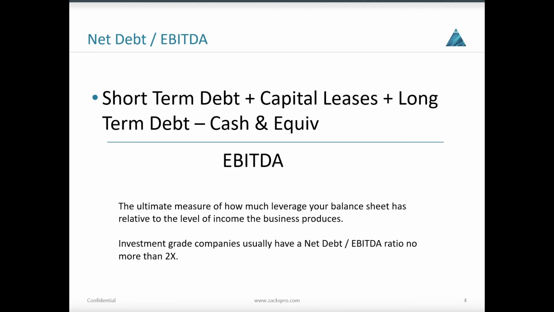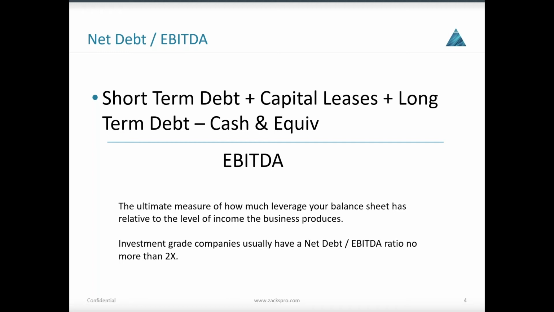The next one is net debt to EBITDA. So this is basically total debt, which includes short-term debt plus capital leases plus long-term debt, minus cash. That numerator gives you the net debt, and then the denominator is the EBITDA number, which is a measure of how much income the company produces before interest, taxes, and depreciation. So this is the ultimate measure of how much leverage your balance sheet has relative to the level of income